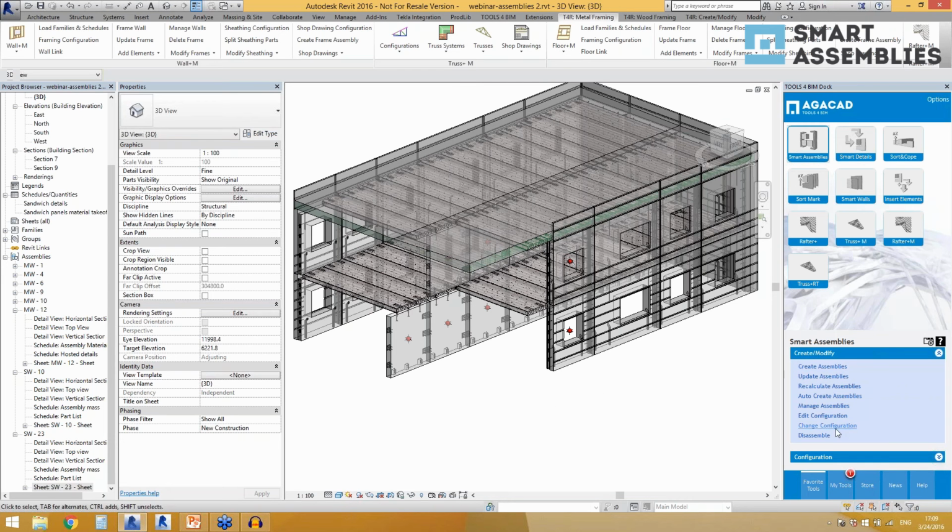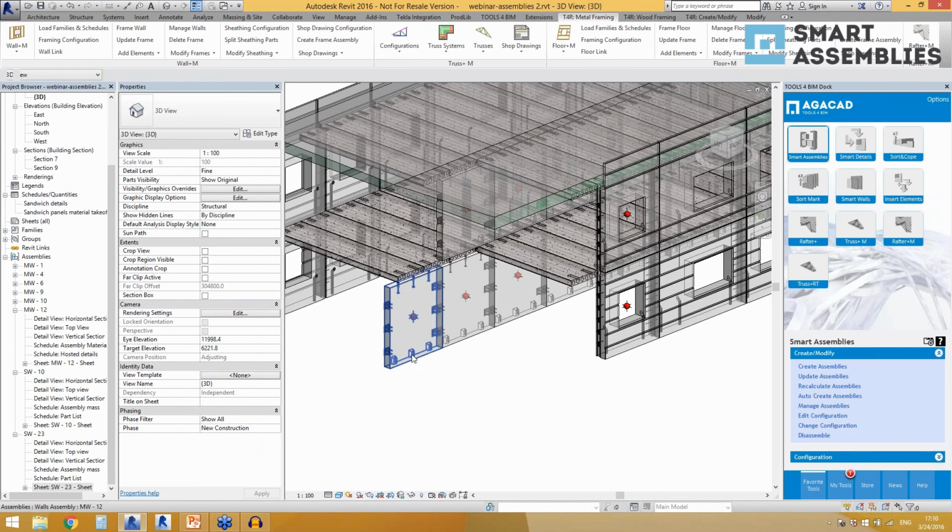let's overview now the commands, and some commands were available before in previous versions, and some commands are new. So update assemblies, the next command. The first one creates assembly according to the selected configuration, and the other one updates assembly. So update assemblies,